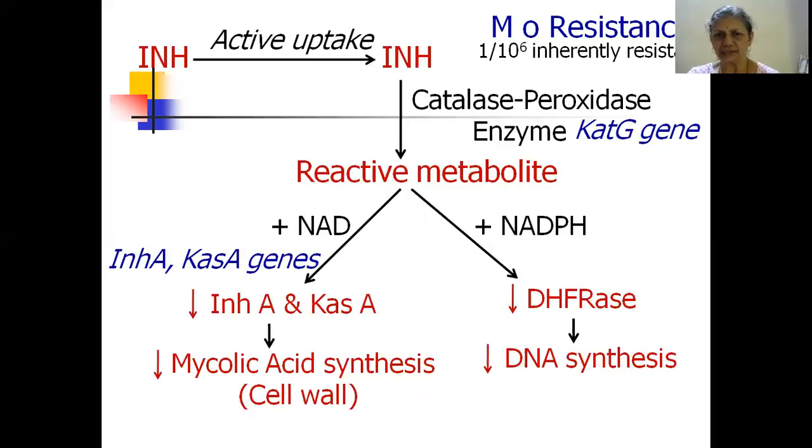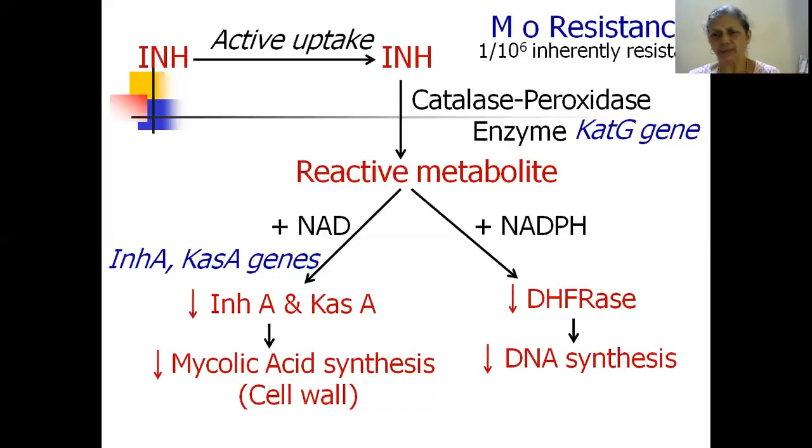Another mechanism of resistance is that the genes which code for synthesis of INHA and KasA, the INHA gene and the KasA gene, undergo mutation. The effect of this mutation is increased production of these target proteins. So if the gene mutates, more of INHA is produced. The advantage of knowing the method of resistance in a particular patient is that if the resistance is due to CAT gene mutation, where activation of INH itself does not occur,